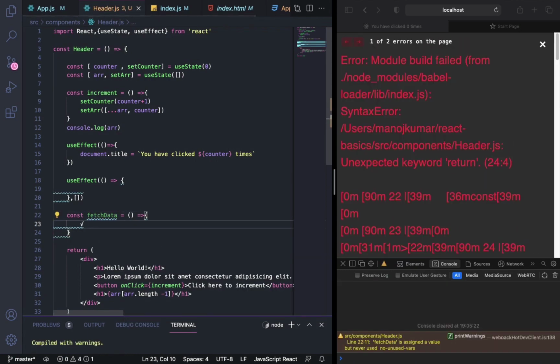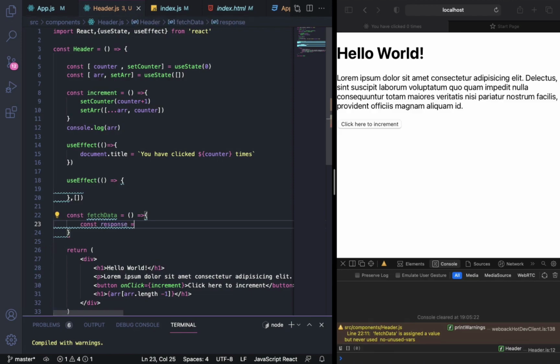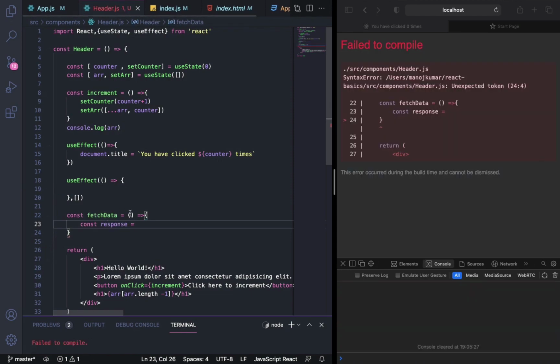This function has to be async because we don't know when the server can make a response. So here we have to await